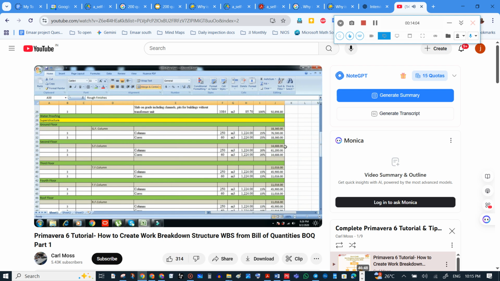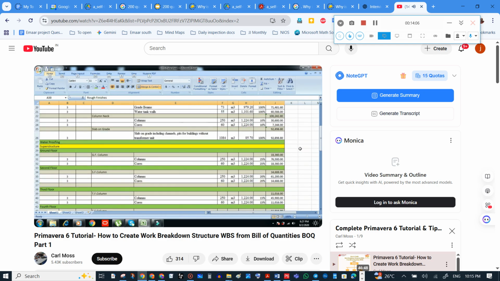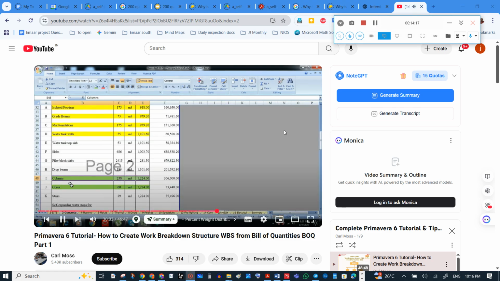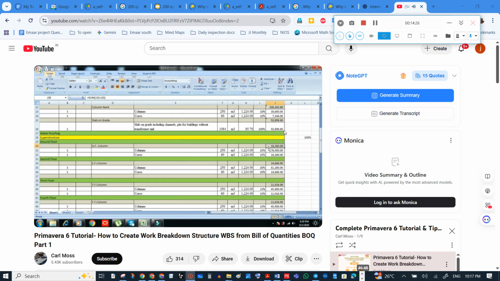Let's check if this percent weight distribution of column is correct. So, equal 10, already distributed 100%. Let's check the formula for subtotal if it is correct.